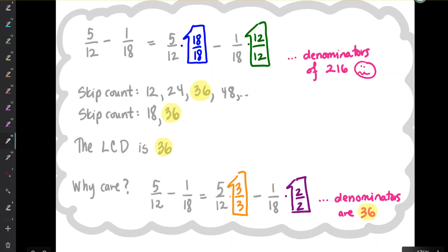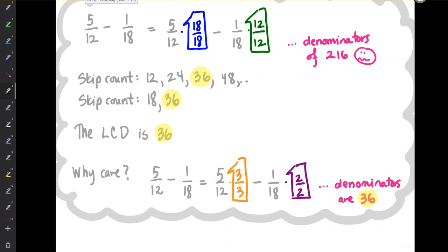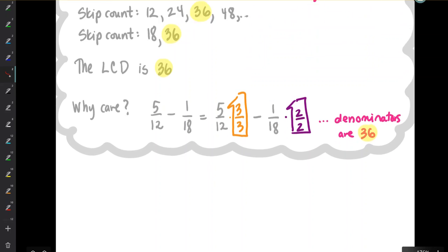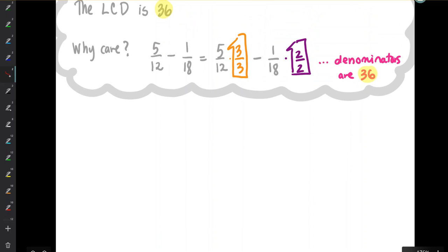So now let's go ahead and do problem number 3. Actually, before we do that problem, I want to show you guys another way other than skip counting for how to find that least common denominator. So if I take the denominators of 12 and 18 and go ahead and factor them completely, meaning getting them into a product of their primes,